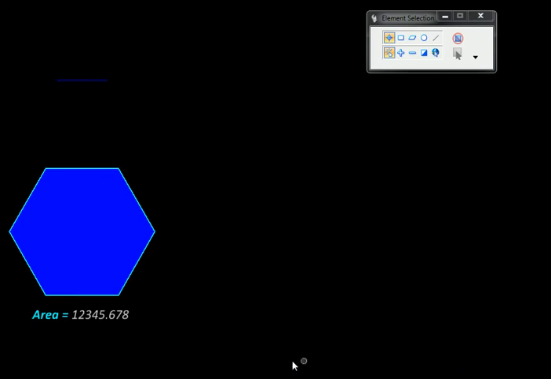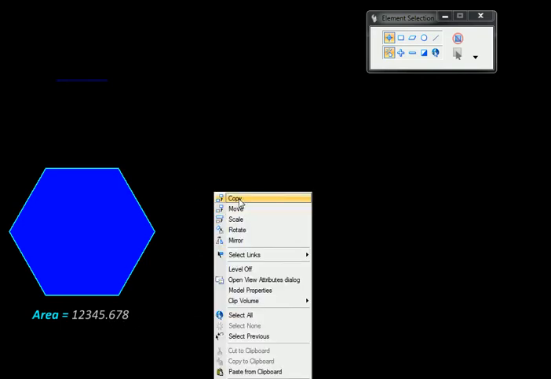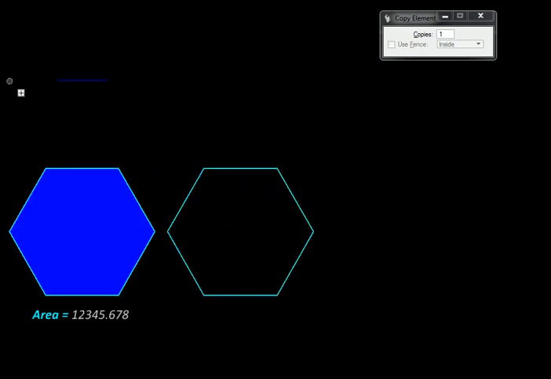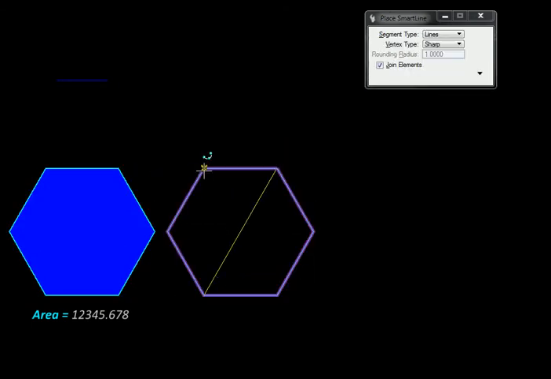Here we have been given a hexagon and we want to convert it into a square of equivalent area. We have taken some arbitrary area, but I have adjusted the sides so that the area becomes this peculiar number, easy to remember, 12345.678. So first we are going to copy this hexagon over here, and then I'll be drawing 3 diagonals like